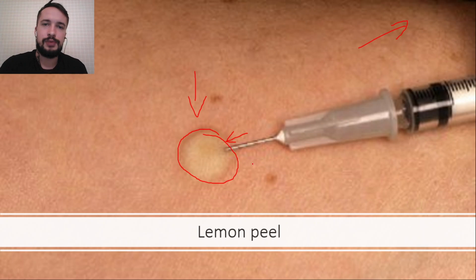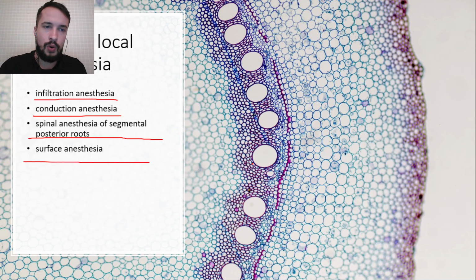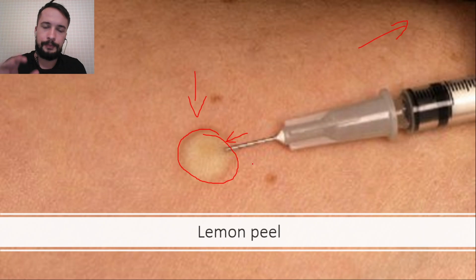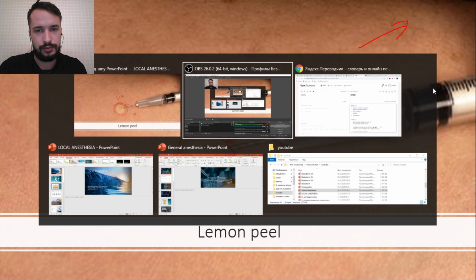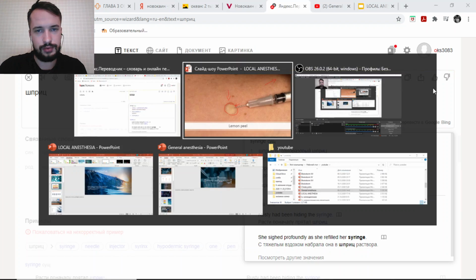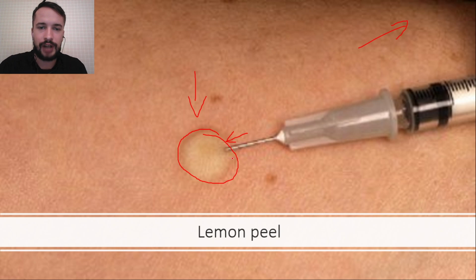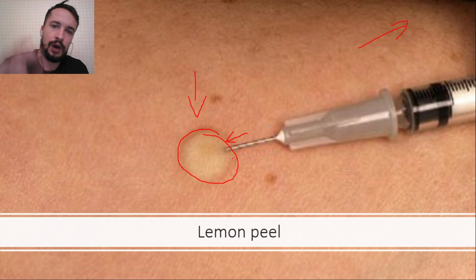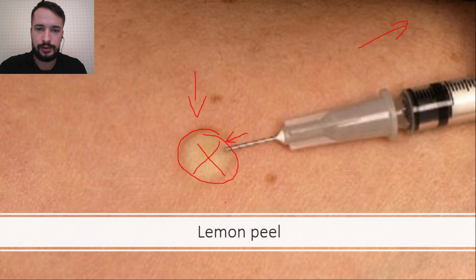It means that all the drug that is in the syringe goes into the skin, and we have anesthesia in this place. We can do a cut there. Okay, please look at this video.